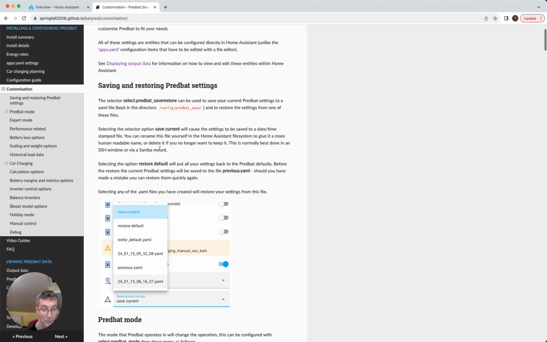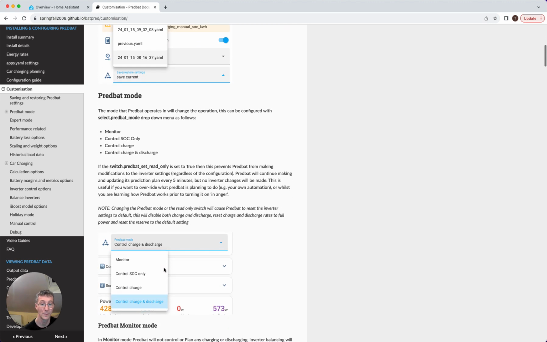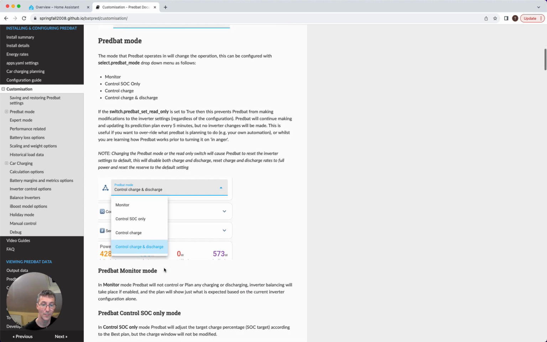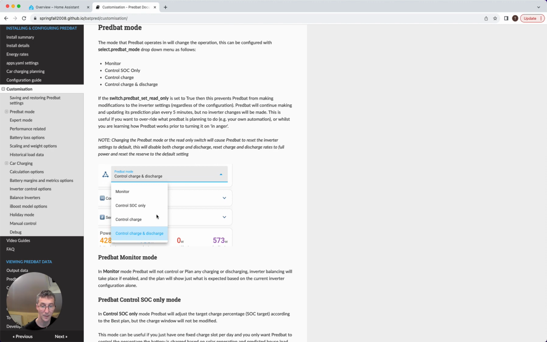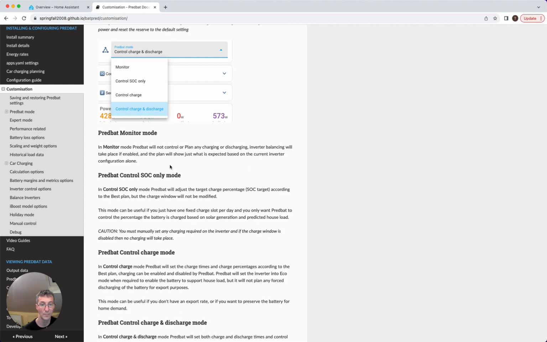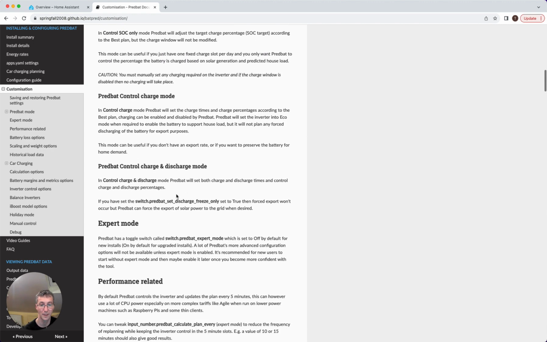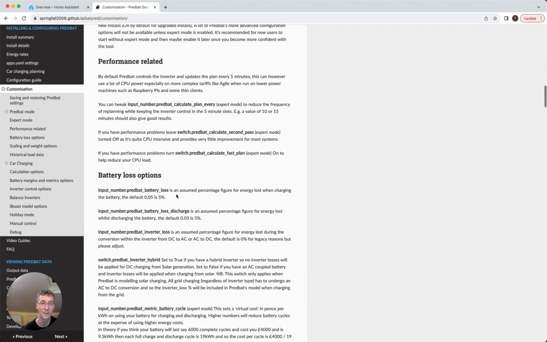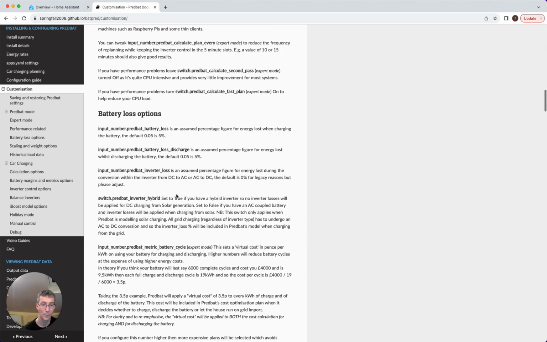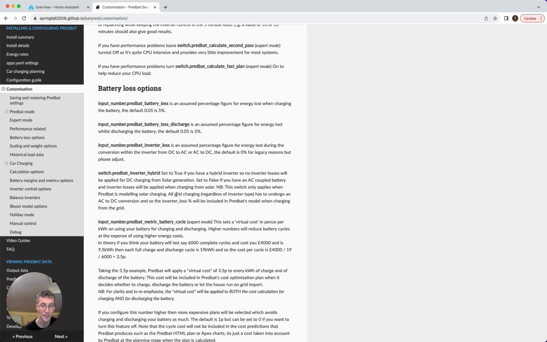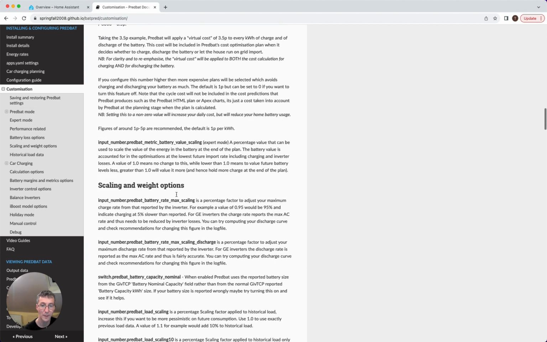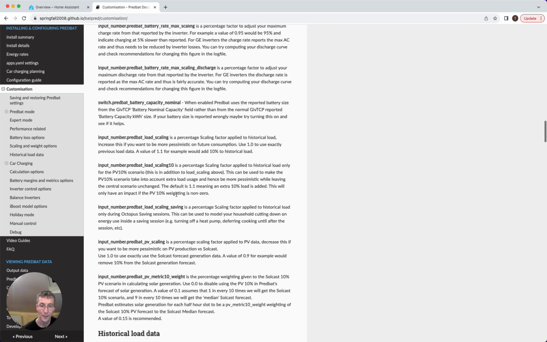Automatic saving and restoring of your settings. So if you're going to mess around with it, save your current settings, then you can mess around and you can just restore them from the drop down menu. There's information on the Predbat mode and how that works, the difference between the different modes, what monitor does, SOC only, charge and discharge, expert modes, information on the battery loss options and how they work, scaling and weighting,